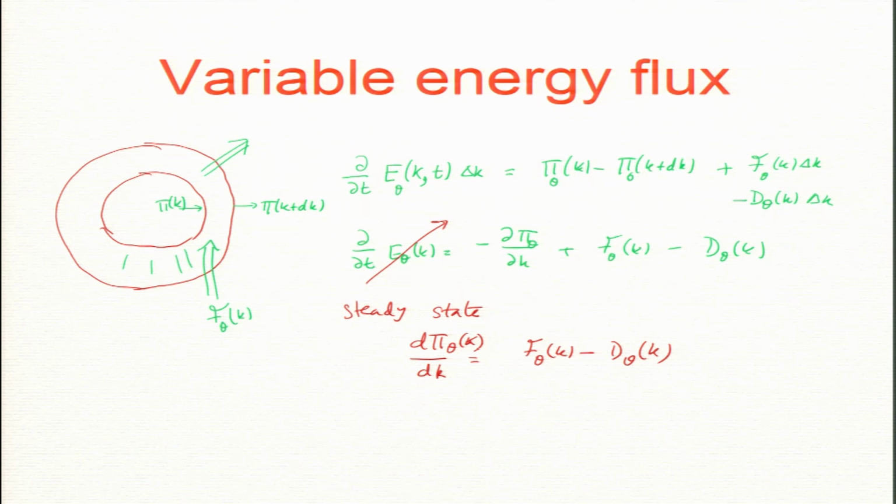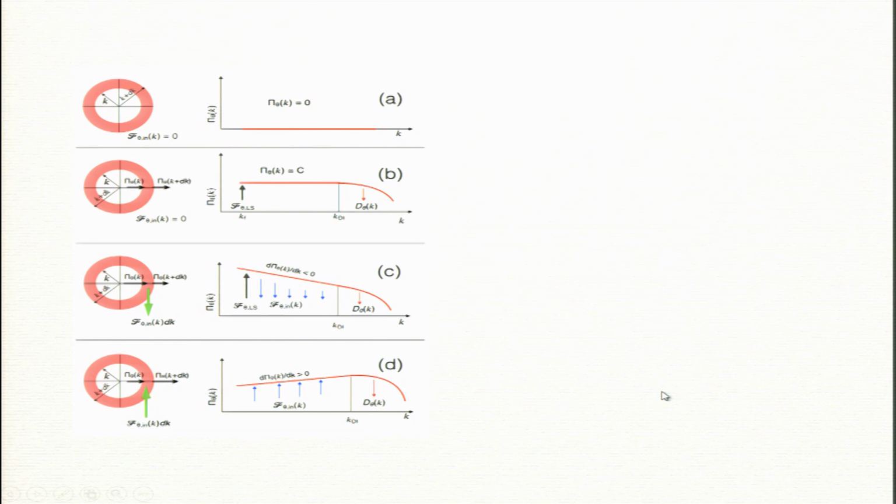Now, there are various scenarios. Let us imagine that we focus on the inertial range. In the inertial range, my d theta also will be negligible. It is there, but it is small compared to f theta. Okay. Kolmogorov theory assumes f theta to be 0 in the inertial range. So, there are now various scenarios, which are in my next slide. You see this f theta is the green one. Now, here f theta is 0, f theta comma in, where in is inertial. It is slightly tiny for you, but this is the f theta injection rate in the inertial range. It is 0. So, what happens to the flux?